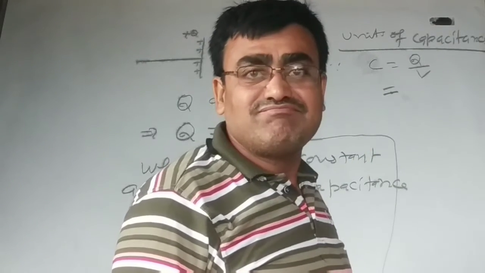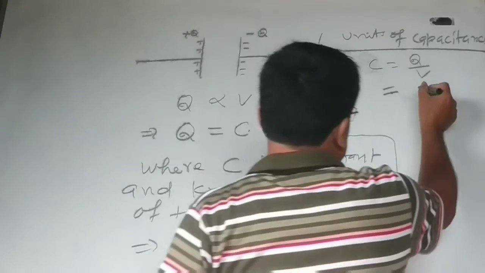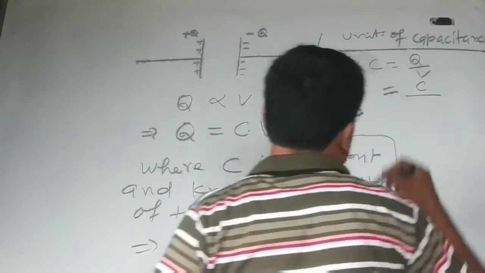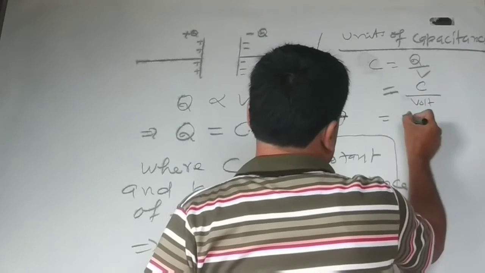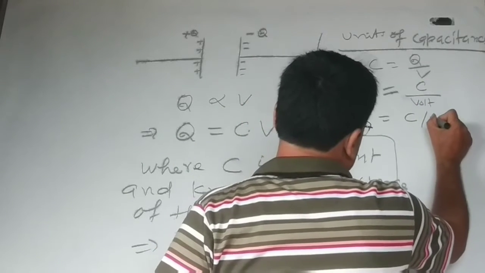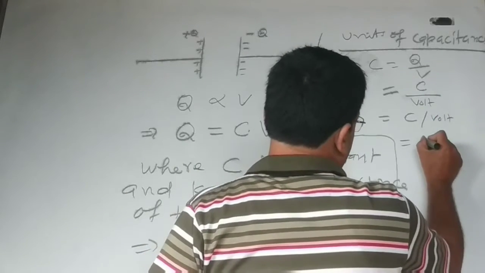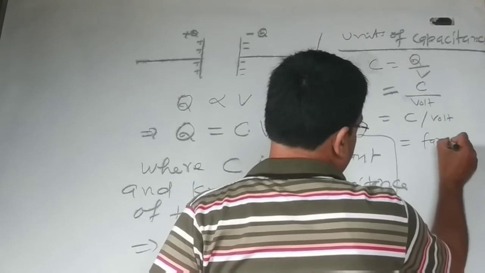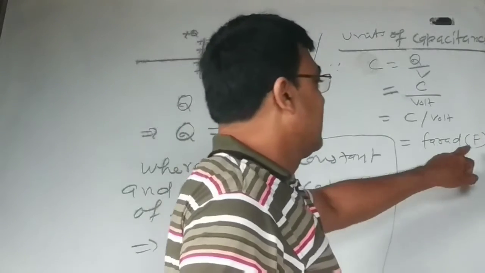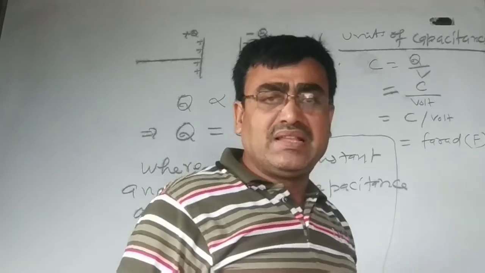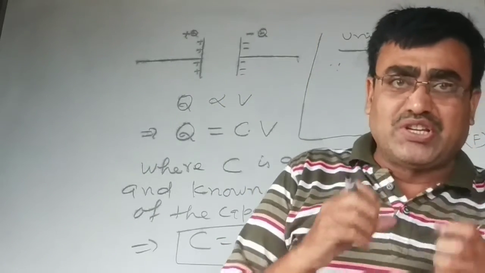Charge is measured in Coulomb, while potential difference is measured in volt. That means Coulomb per volt, which is called Farad. Its symbol is capital F. This indicates that the SI unit of capacitance is